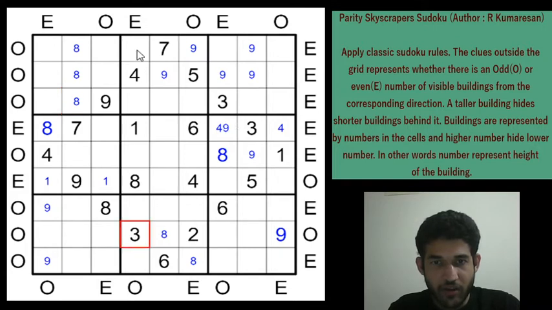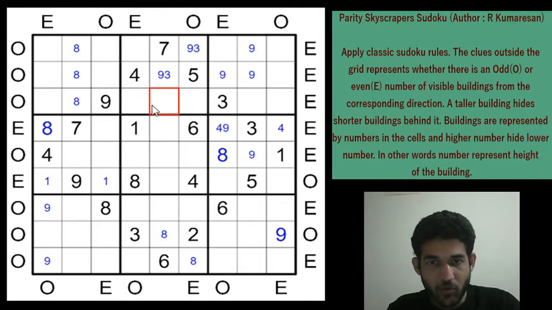Okay, we have a 3 in column 4 and a 3 in row 3, right? So which locks the 3 into one of these 2 cells. That is good now because we got a 3-9 pair, right? 3 and 9 are locked into these 2 cells. And focusing on box 2, column 4 cannot have 1 and 8. So 1 and 8 will go into these 2 cells, and these 2 cells must be 2 and 6 now. Beautiful. So remaining digits in that column are 5, 7 and 9. We can pencil mark them.